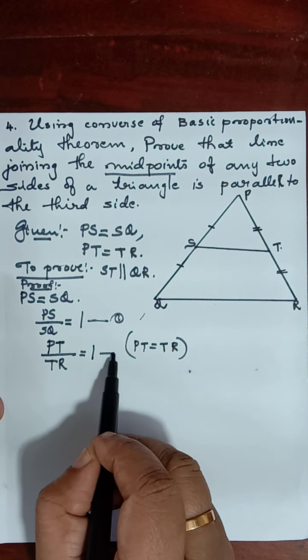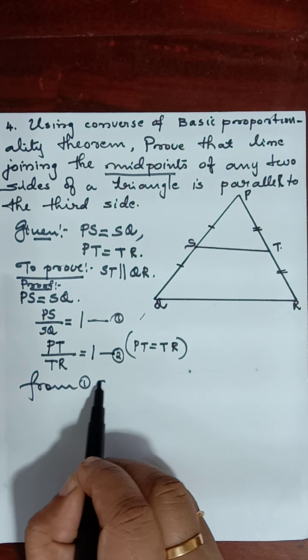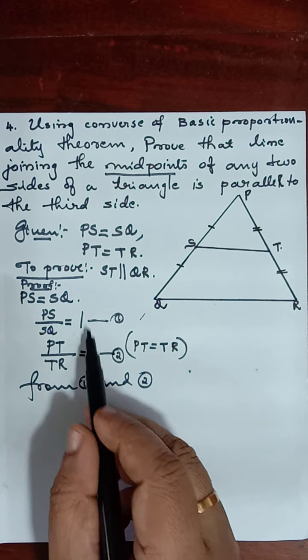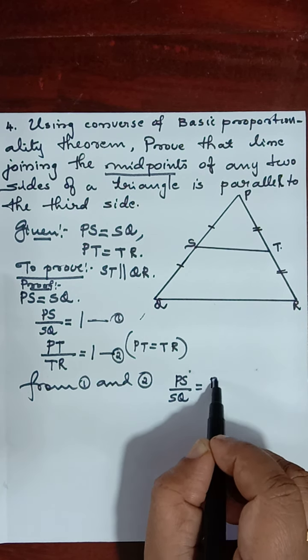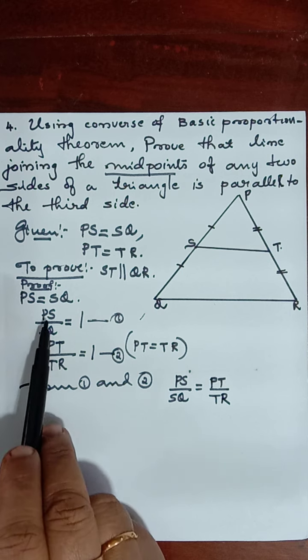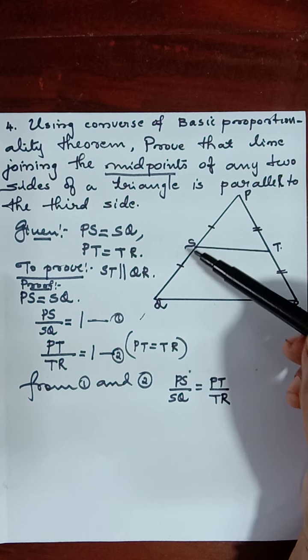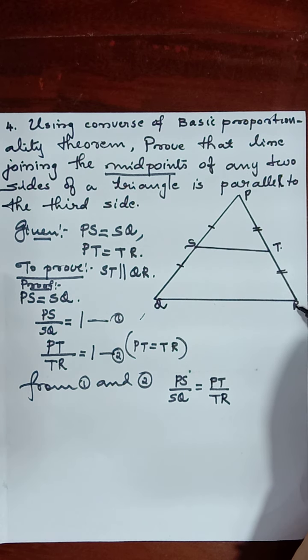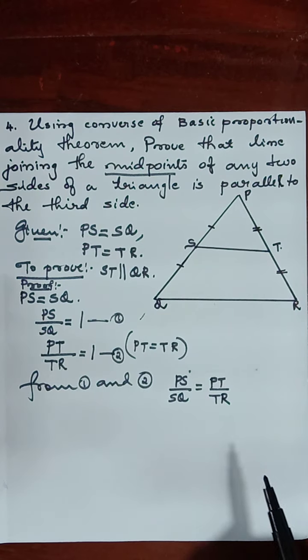Isn't it equation number 1? And this has 2. From 1 and 2. Compare this. When we compare 1 and 2, can you see that PS by SQ is equal to PT by TR? Right hand side it is same. So left hand side we are matching. PS by SQ is equal to PT by TR. Match it with the figure. PS by SQ is equal to PT by TR. That means proportionality here we have proved. If the sides are proportional, isn't it ST parallel to QR by converse of basic proportionality theorem.